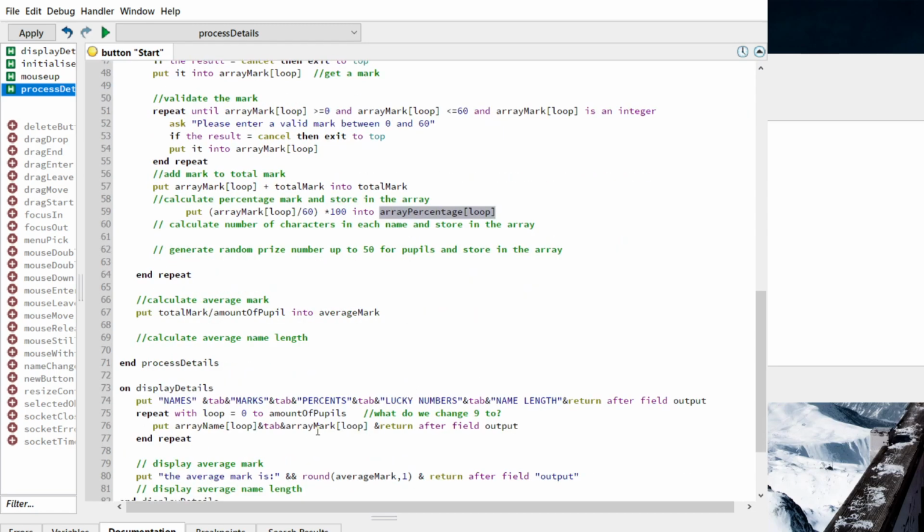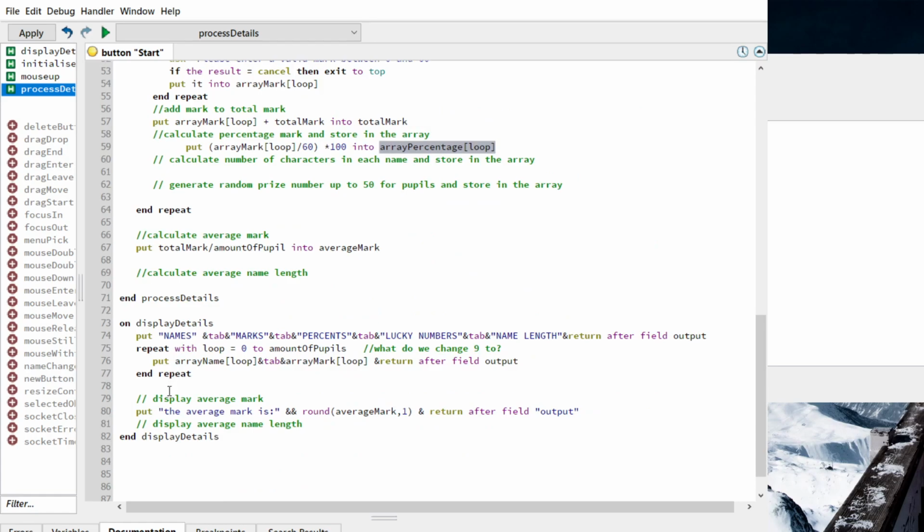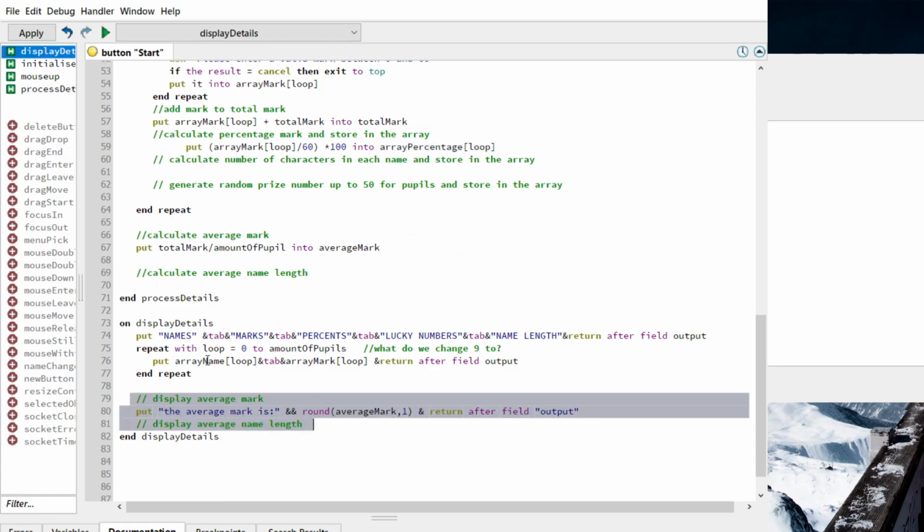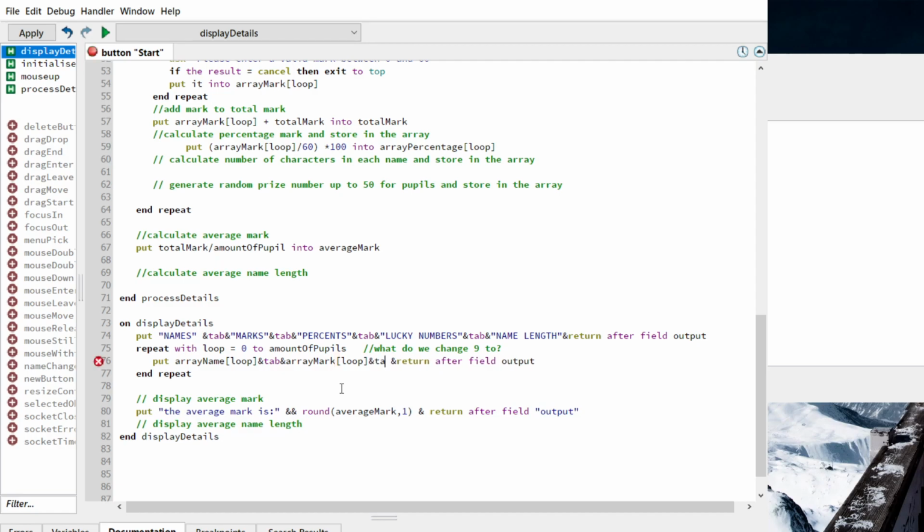Now, in our display, we're not going to put it in its own individual section. We're going to use the fixed loop that's already there, and we're going to add the array percentage after the array mark. We are going to put a tab in so we can separate our headings across, just like we did up in the display, the table headings. So tab, and we're going to put in array percentage